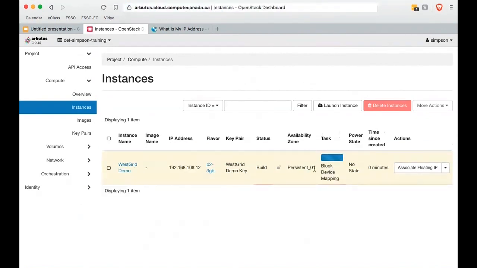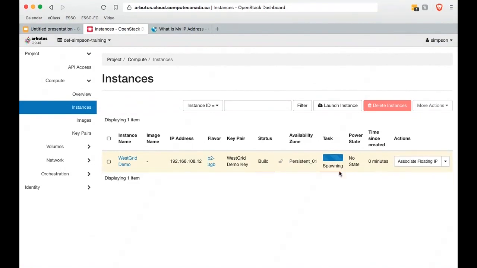It comes up. We can now see that it's doing block device mapping. So this is carving off a set of the storage that's available on the system for us to use to hold our operating system and run it. Once that's set aside, it's going to spawn, and so this is going to be loading the operating system in that space and bringing up that virtual machine for us to have access to. While we're waiting for this to happen,